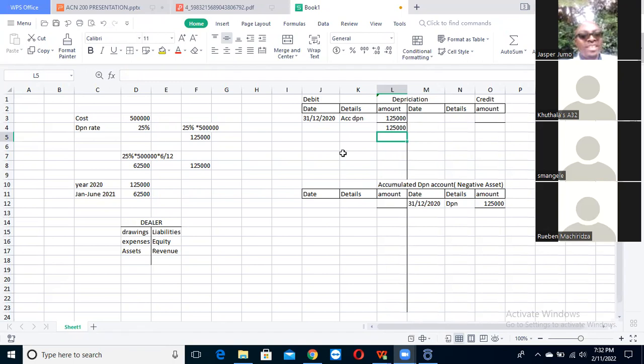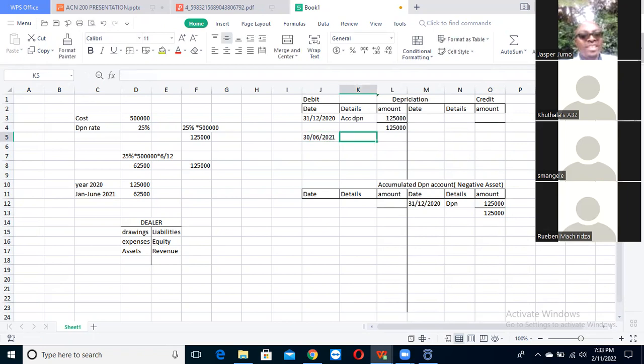So I was saying, I hope you have been told how to balance a ledger account in your previous semester. So right now we have recorded the 125,000 in the depreciation and the accumulated depreciation account. And that's the depreciation for the first year. We want to move on to the depreciation for the second year, which we have already calculated. We have calculated the depreciation on the 30th of the 6th month,